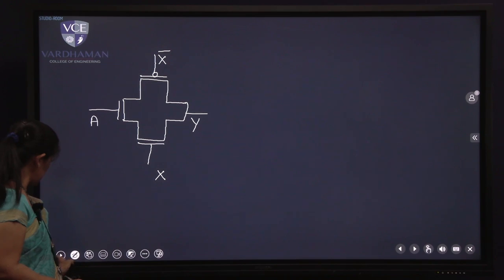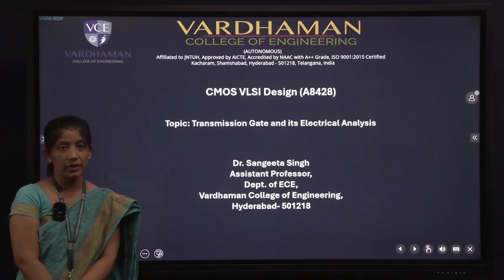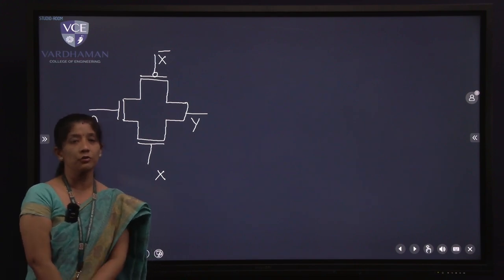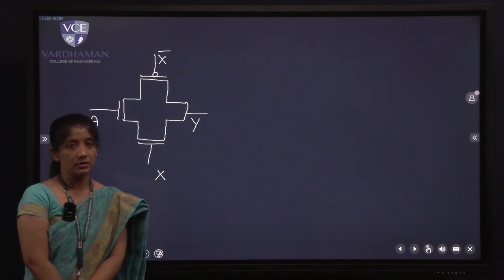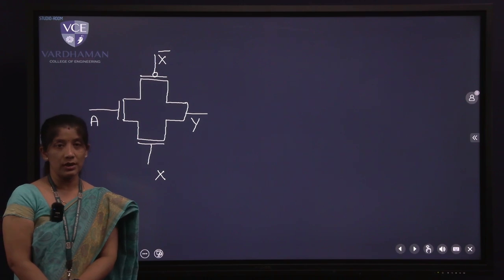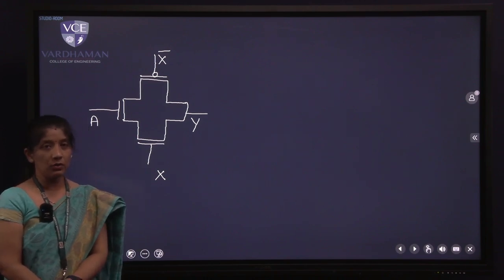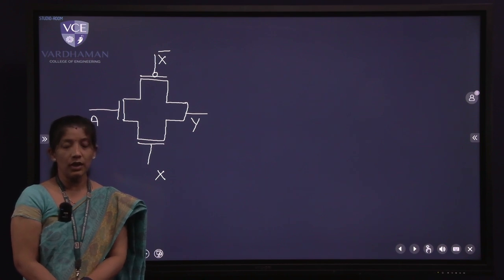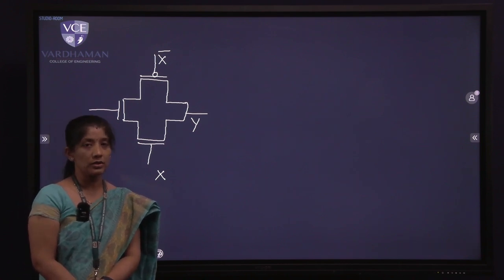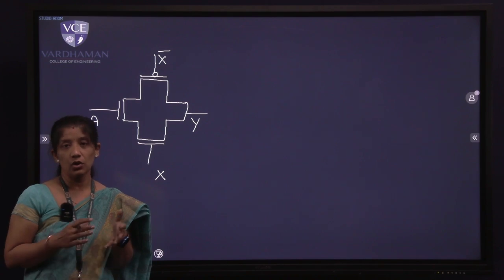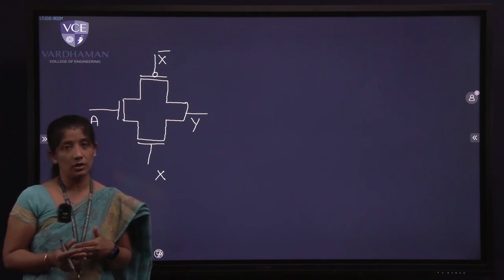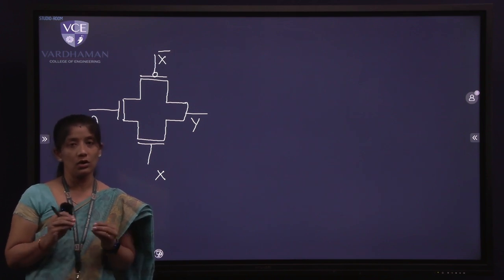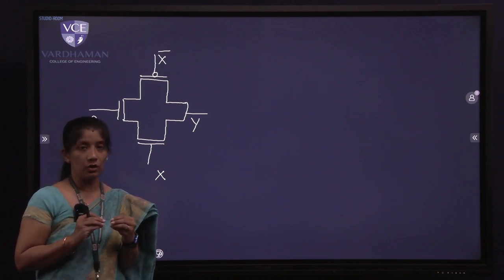As the topic suggests, it's a transmission gate. Before we go in depth into what exactly a transmission gate is, let me give you a brief overview. We have MOS transistors, PMOS and NMOS transistors. A PMOS transistor is able to transfer logic 1 correctly but not logic 0. The same applies for an NMOS transistor, which can transfer a strong logic 0 but not logic 1. These are the drawbacks when I use only a PMOS or only an NMOS transistor in my circuit design,